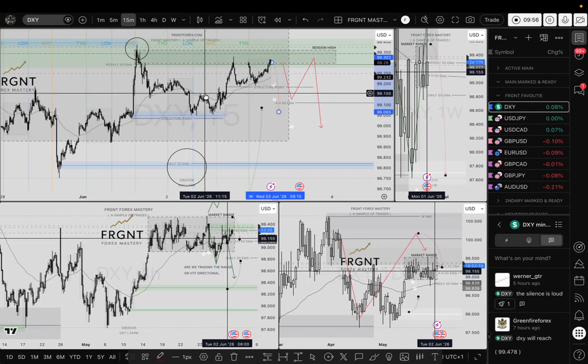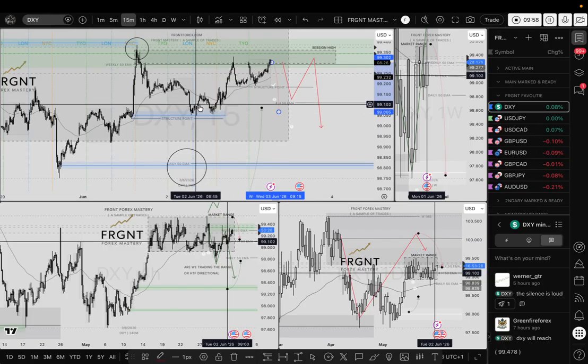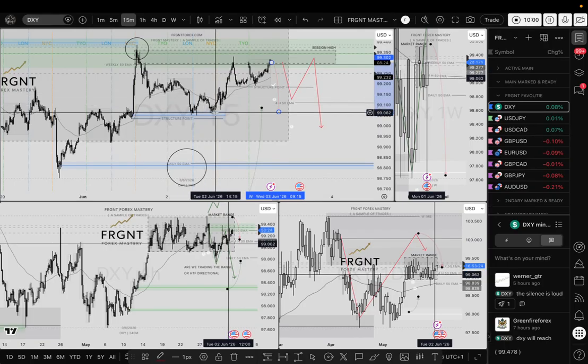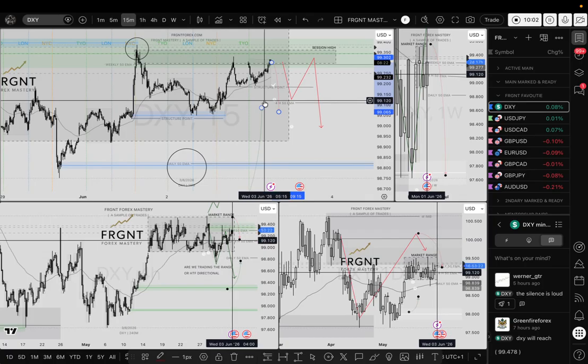Here I was interested in shorting Euro US dollar. I waited for the confirmation on the DXY to push up, break structure points on the lower time frame, and return back to the order block before the move. So I'm looking for exactly the same here, but in the inverse direction. It's nothing new. Continue to apply my strategy over and over and over again, pretty much until I get bored.